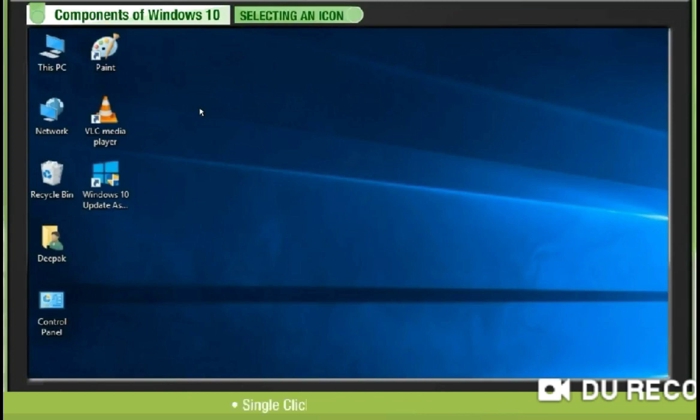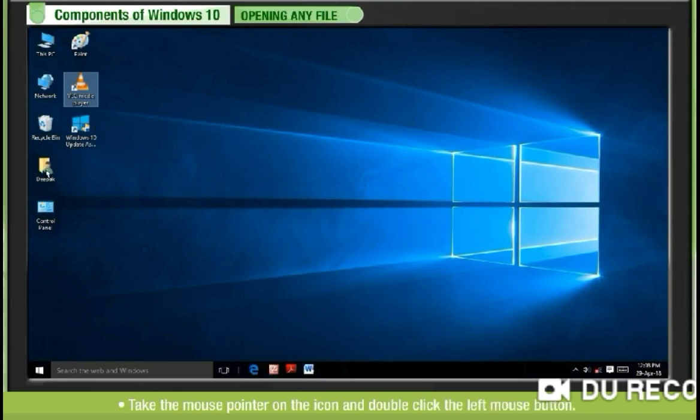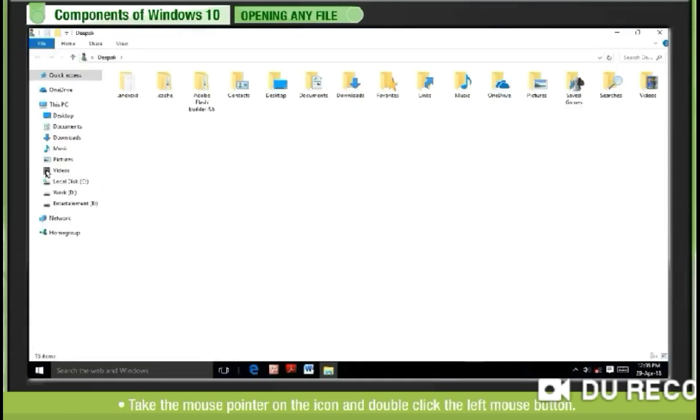Selecting an icon: single click on the left mouse button. Here you will select the icon. Opening any file: take the mouse pointer on the icon and double click on the left mouse button. Similarly, here you have opened the folder named Deepak. It will open the selected application in another window.